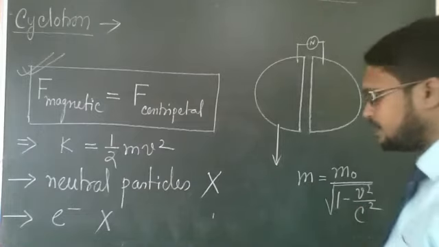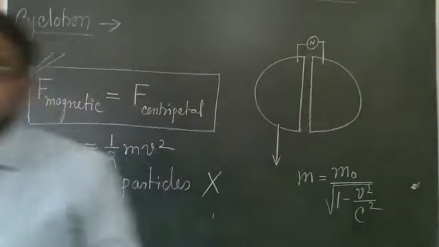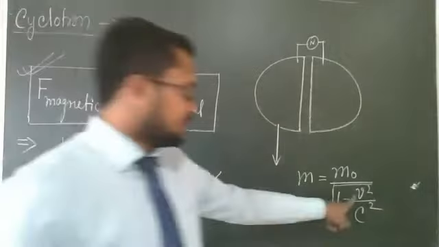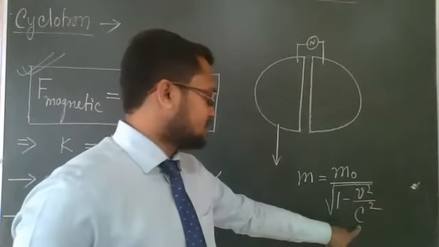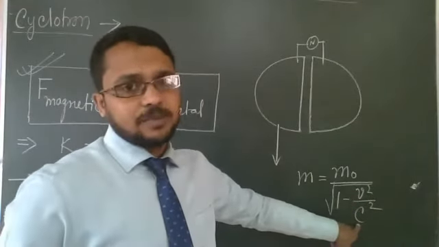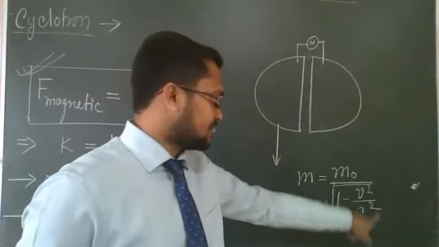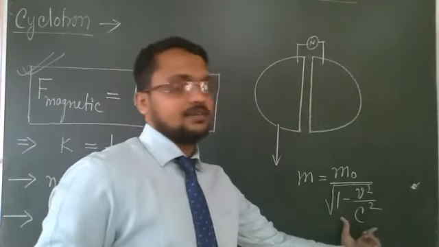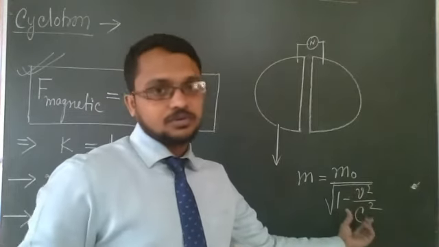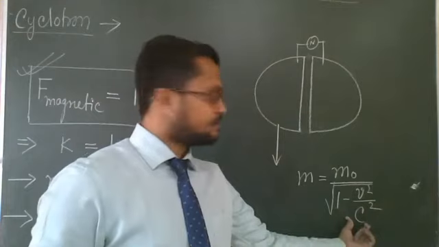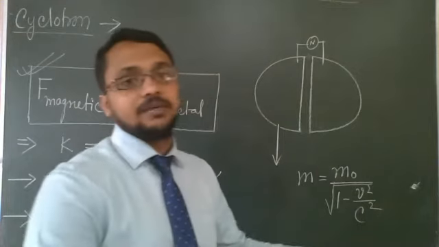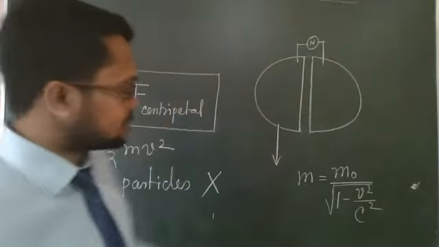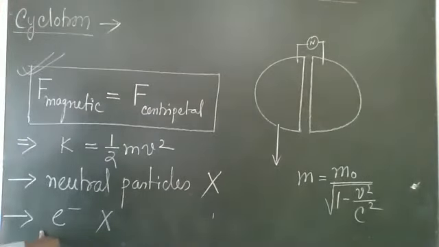Using this formula, its mass will go on increasing. When the velocity of the charged particle becomes almost equal to the speed of light, then we cannot neglect the second term. So we'll get some value in the denominator, a value which is less than 1, and something divided by less than 1 will be bigger. So mass will increase for the electron because of its smaller mass.